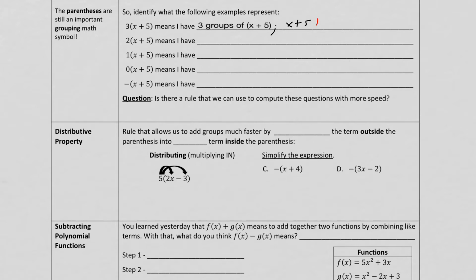plus x plus 5 plus x plus 5. That's what it actually means. And if I were to combine like terms here, I'd get 3x plus 15. Now as you look at this answer here,